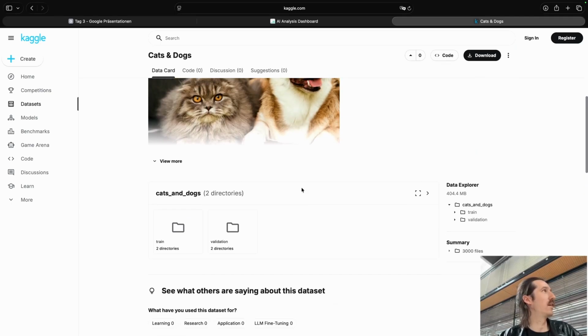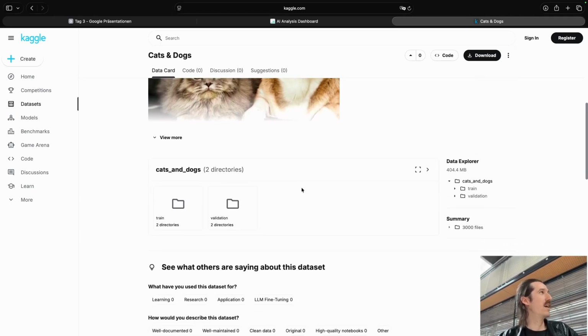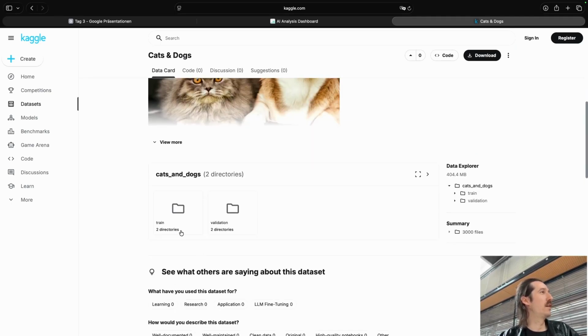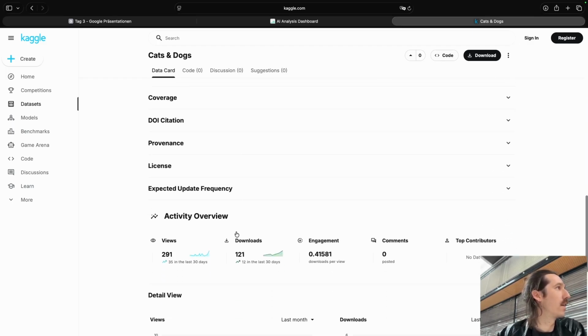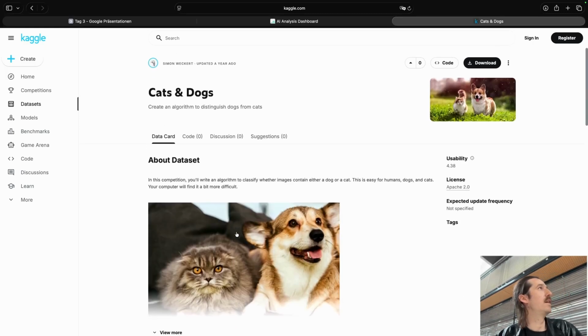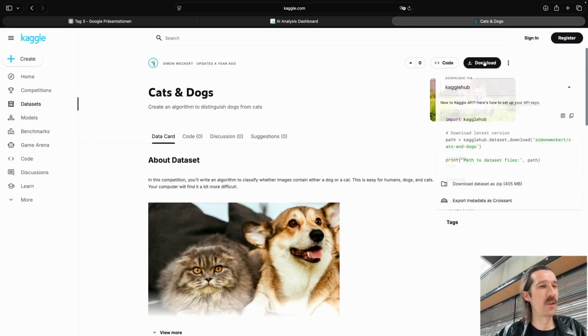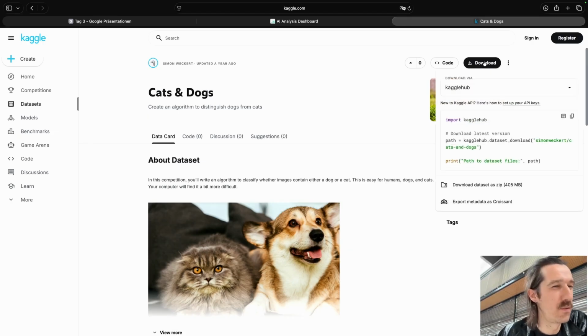You can have a look here. Basically, it says obviously we have images of cats and dogs. We can also see there are two different folders inside there. One is called training, one is called validation. We will have a look at it quickly. But basically, let's download. I think here on the download button you can go. Probably you have to sign in. You can use a Google account, I would say, or you sign up here. And then if you go to download dataset, it's like 450 megabytes. This button.